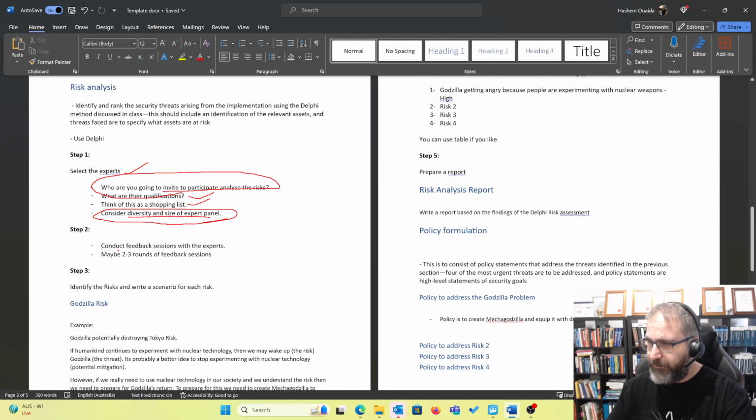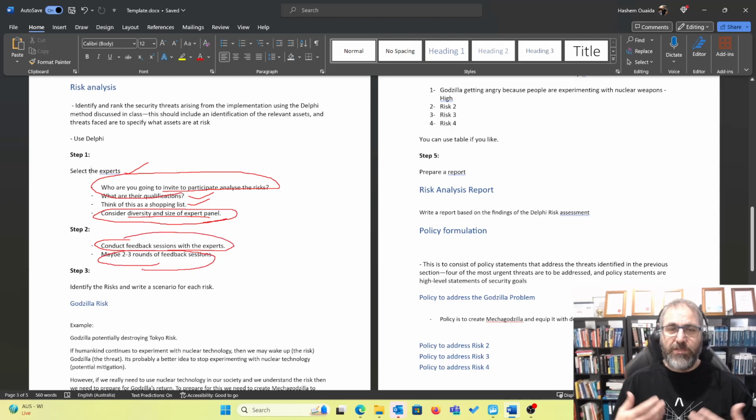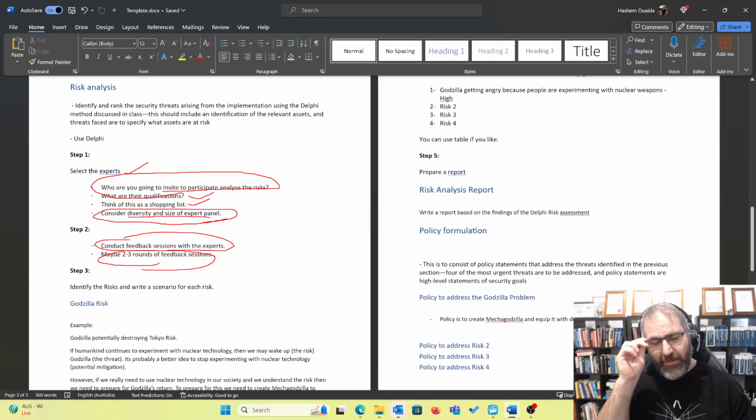Step 2. Once you've got the experts, you need to create a feedback session with them, maybe 2 or 3. What will happen is you go to the experts and you provide them a scenario. So the scenario would be, if someone attacks our wireless, what would you suggest we do about it? What do we need? How do we countermeasure that? What's the mitigation? How do we